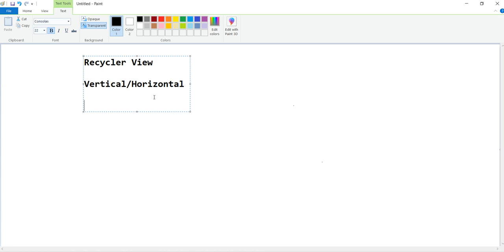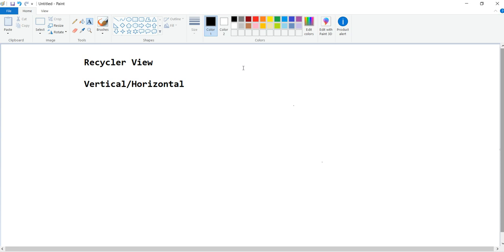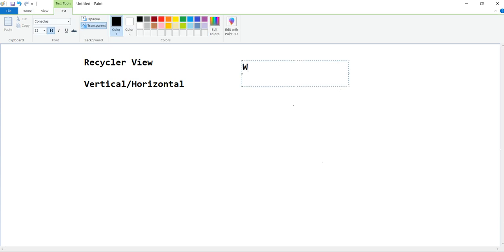But the ListView is already there. Why RecyclerView? Because ListView and GridView are both being deprecated. They're already in deprecation, so because of that RecyclerView came.